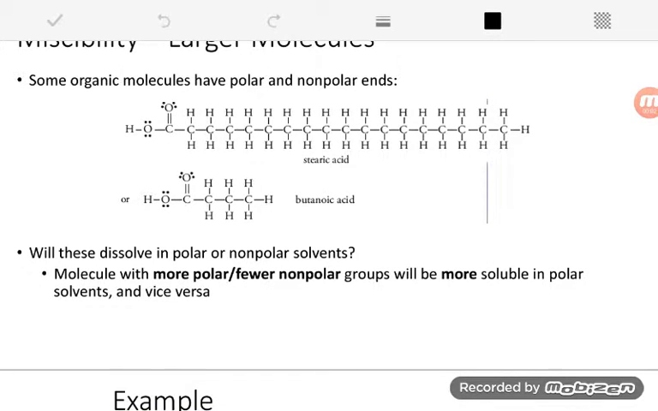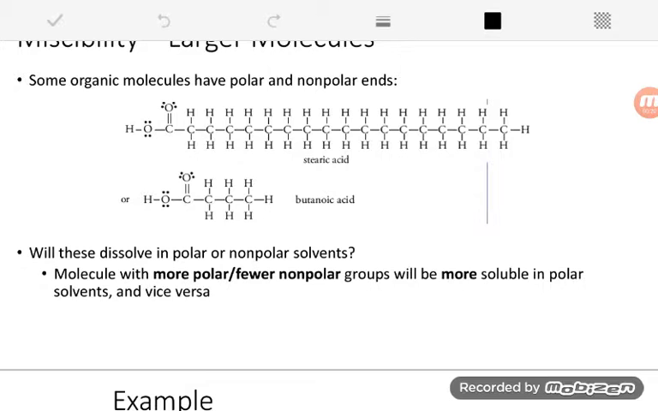In Chapter 11, we talked about whether molecules were polar or nonpolar, and that helped us decide if two things would mix together. And we use that rule, like dissolves like. When you get to larger molecules, though, sometimes it's a little unclear whether your molecule is polar or nonpolar, because